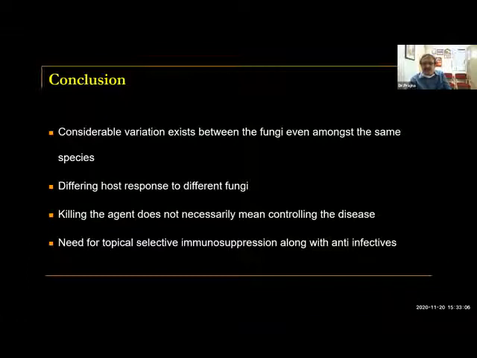Two people start off with the same size ulcer. You apply the same medicine, one heals, the other doesn't. So this would be my quest in the rest of my research career, to actually look for topical selective immunosuppression. Can we use a topical interleukin IL-17 suppressor? Or can we use an IL-23 suppressor, or an IL-6 suppressor, which works topically,